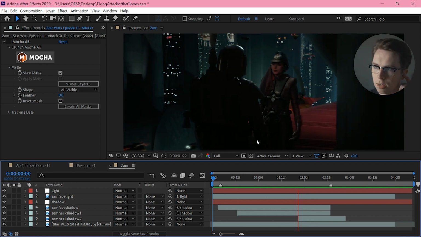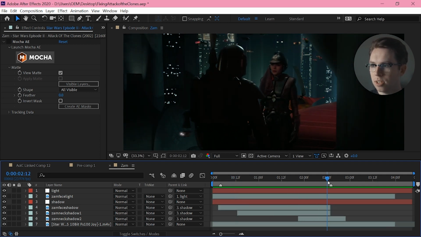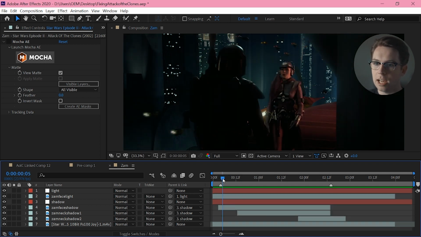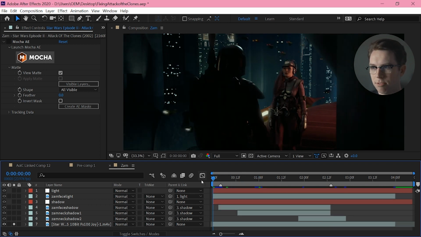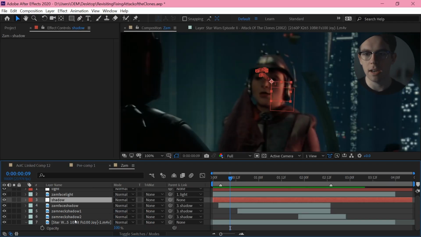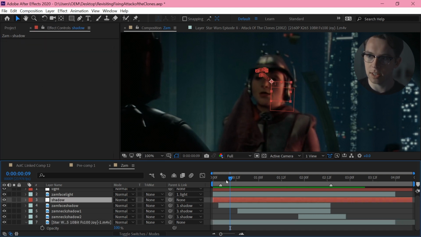So the first thing to note is that the lighting is changing quite a bit. She starts in the light area here and walks into the dark. So that's going to cause some problems. We can't just freeze frame a frame at the start and have that carry on throughout. We're going to need to figure out a way to transition her from the light into the dark, which obviously I have done.